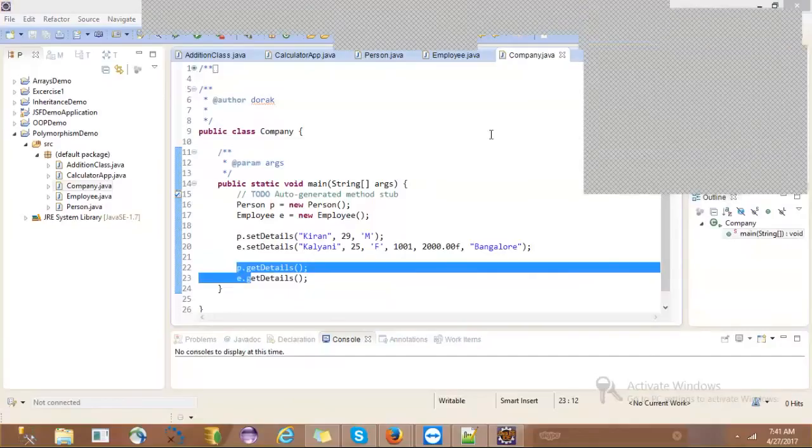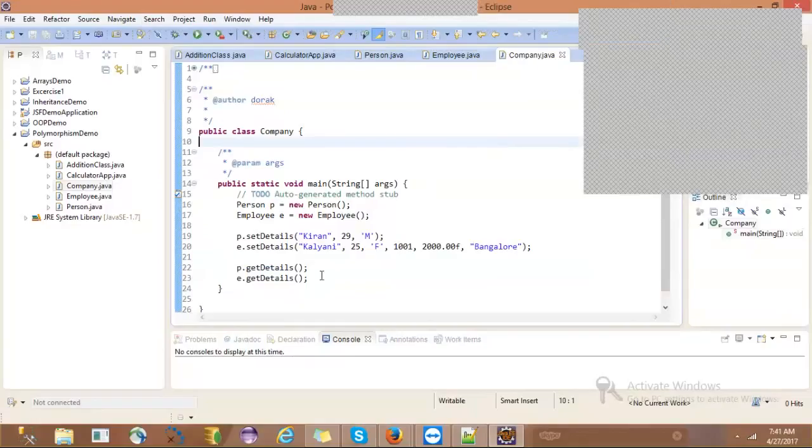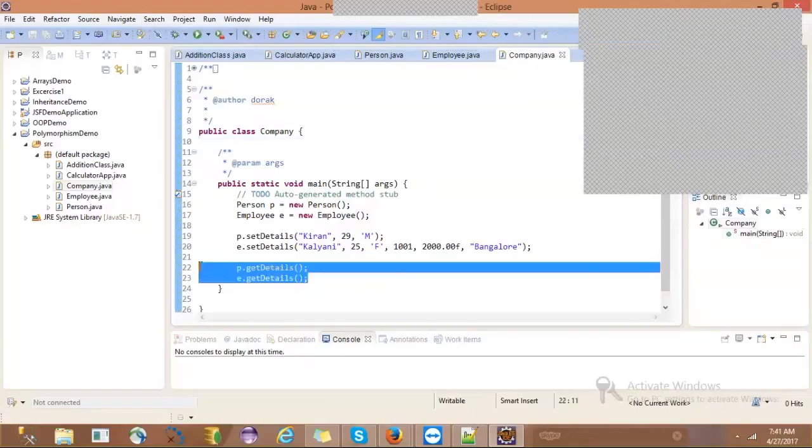Is it clear, guys? Because we are depending on the objects, which are runtime entities, we can say it is dynamic polymorphism. Method overriding is dynamic polymorphism. Why are we saying method overriding is dynamic polymorphism? Because the behavior of the entity is decided based on the object reference using which we are calling that method. That's why we call it dynamic polymorphism. Yeah, Shivangi, Sai, have you understood?